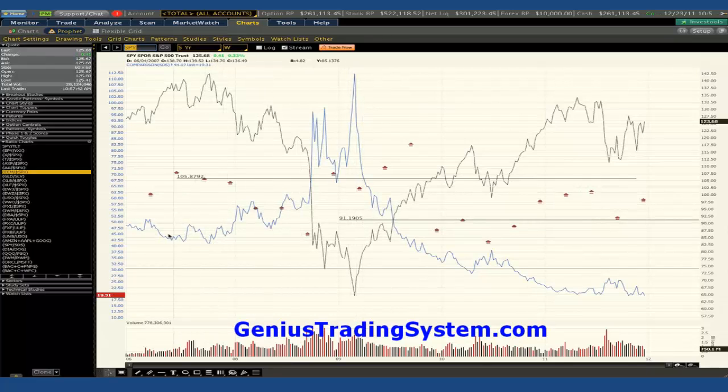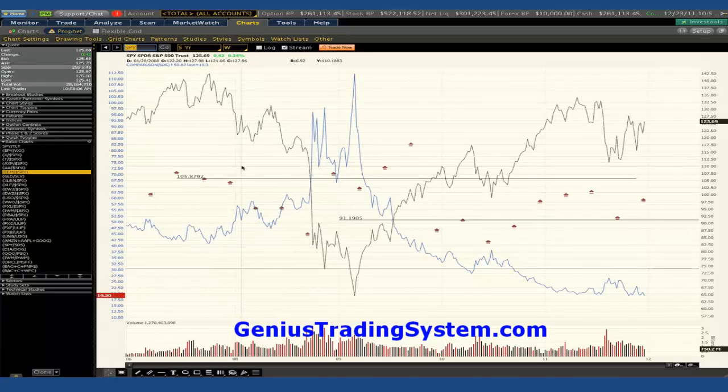Now, it was easy to take a look at the ratio between the SPY and the SDS. They're supposed to act as opposites. While the SPY increases in price, the SDS decreases in price. And when the SPY declines in price, the SDS increases in price. But because of the disparity, the difference between the two prices, you can actually take a look at these and